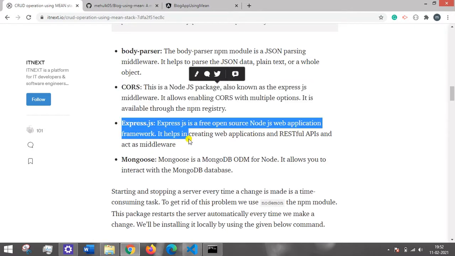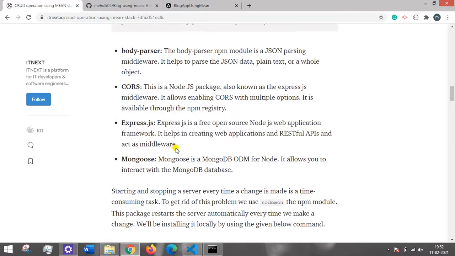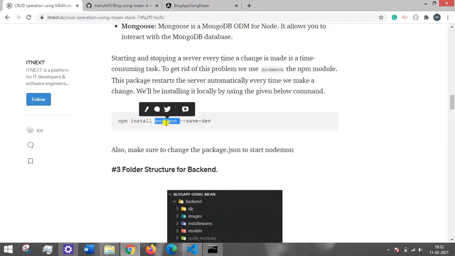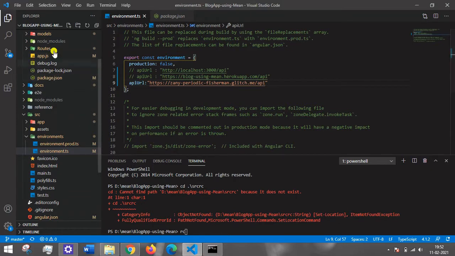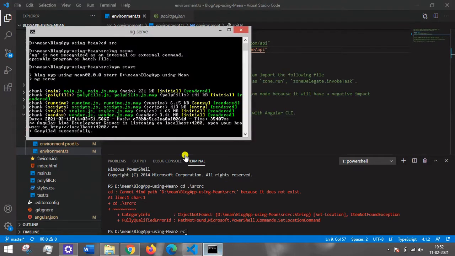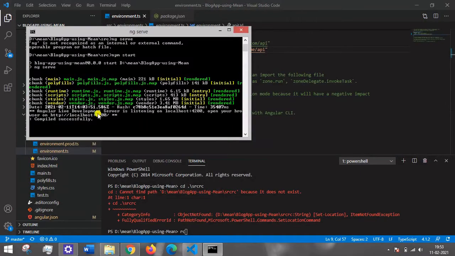For setting up a middleware to enable CORS and allow data sharing, we need some middlewares, and these middlewares will be created with the help of Express.json. Then Mongoose is an object data model for our MongoDB. It will allow us to interact with the Mongo database. Then you can use a Nodemon server. Now what is Nodemon? Whenever we make any changes in our backend part, if you want to see live updates, the way we see updates in a front end application, we need Nodemon, and we need to configure it.